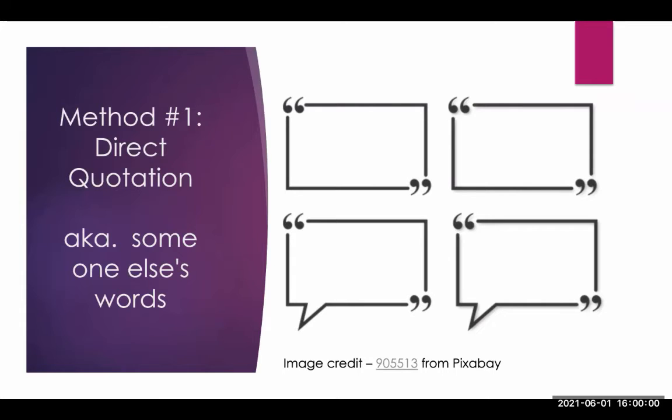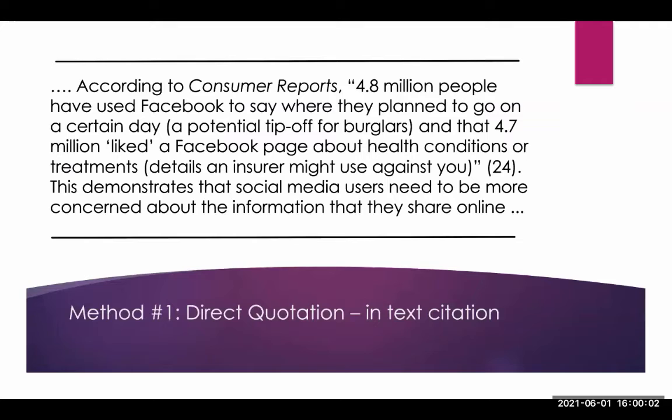So the examples that I'm using here are in MLA Citation Style. APA does it differently. So if you are trying to write an APA paper, there are different examples, and I'll have those linked in the video description. But this is what a proper in-text citation should look like in MLA Citation Style. So notice that there at the beginning is a signal phrase, according to Consumer Reports. So it's really clear where this came from. It came from Consumer Reports.